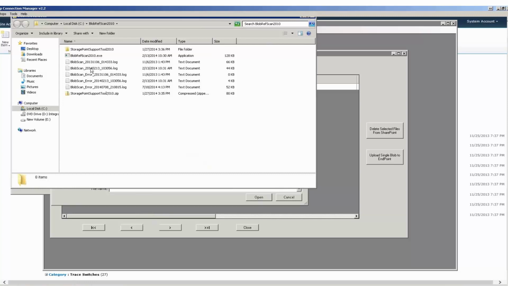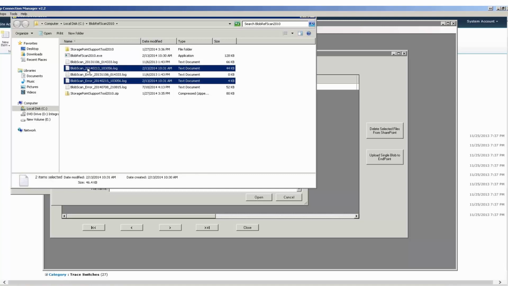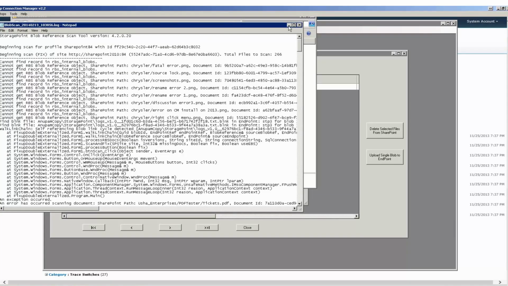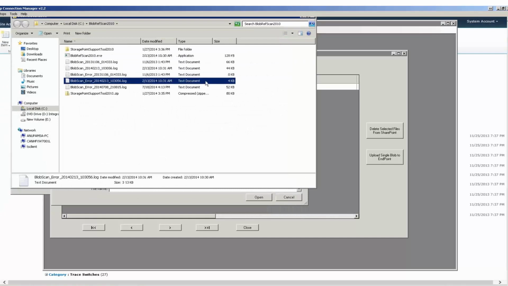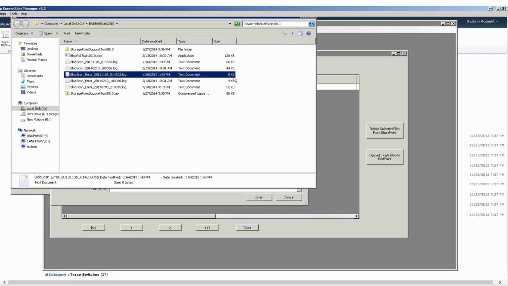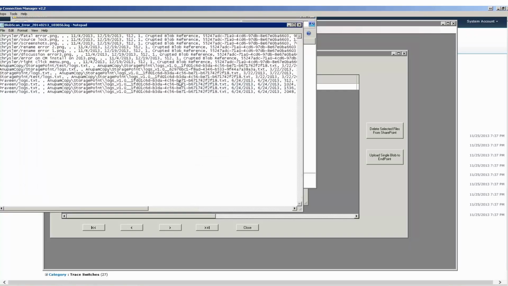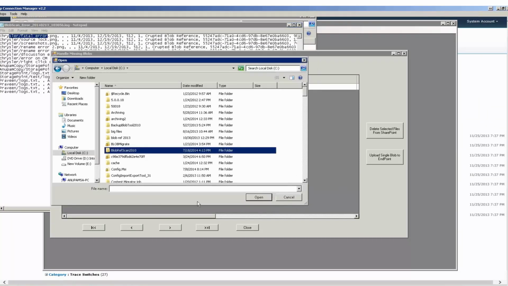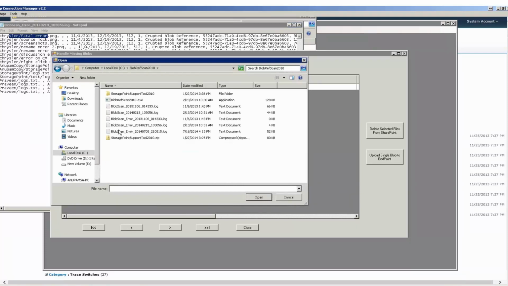It will create two files, with the same numbers. One would give all the missing blobs, the more comprehensive logs, and then there is the error log. If there is some data, like 4 kilobytes, that means there is some data missing, if it's non-zero kilobytes. If it's 0 kilobytes, it means you don't have any missing blobs. If you have 4 kilobytes, then you can either just open it and try going through it, or an easier way would be to open this blob file